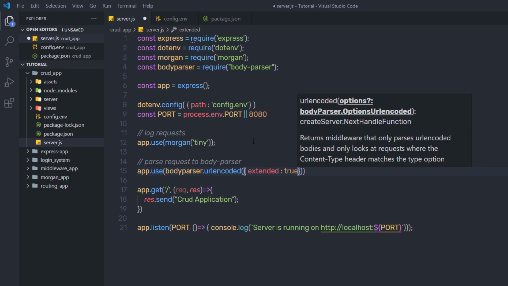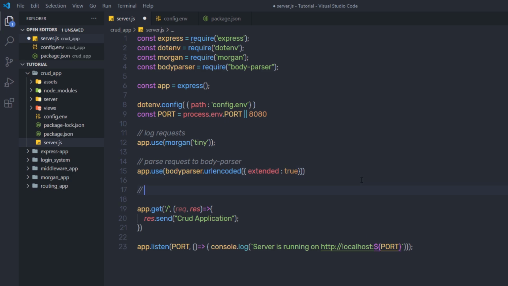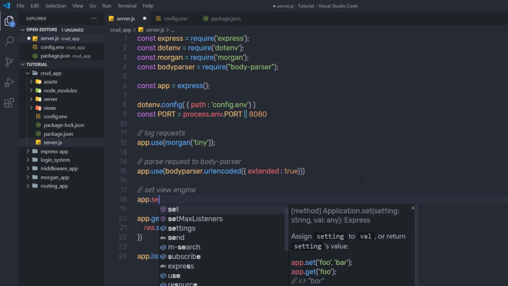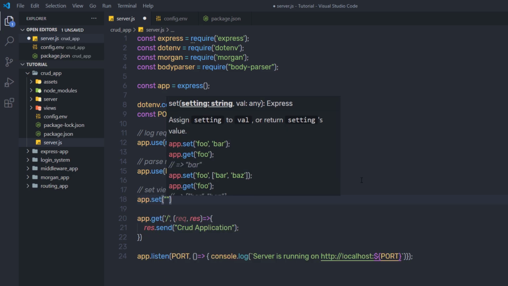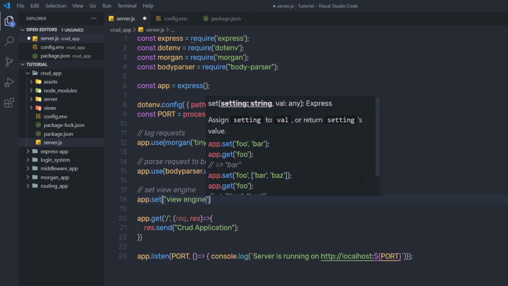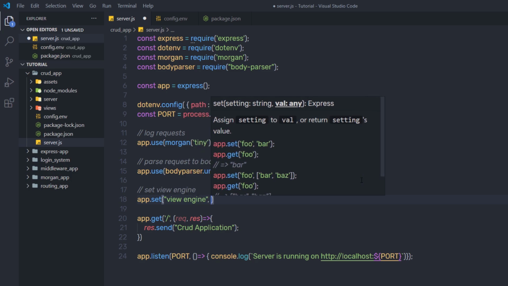So this will just pass the request of the content type from URL encoded. Once you link the body parser module, just down here I'm going to set the view engine. As you know, in this project I'm using embedded JavaScript. So here I'm going to say app.set, and in the parenthesis I'm going to first specify the view engine parameter. So we can specify the view engine to this Express application, and then we need to specify the type of